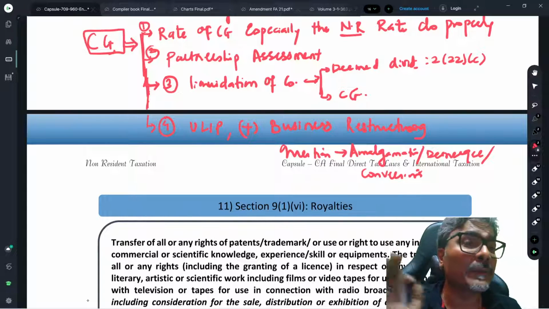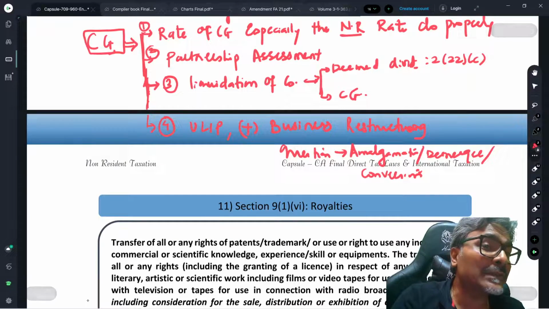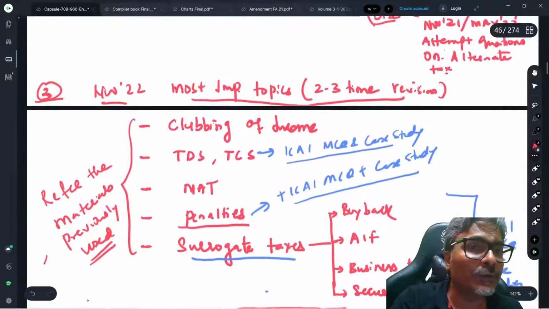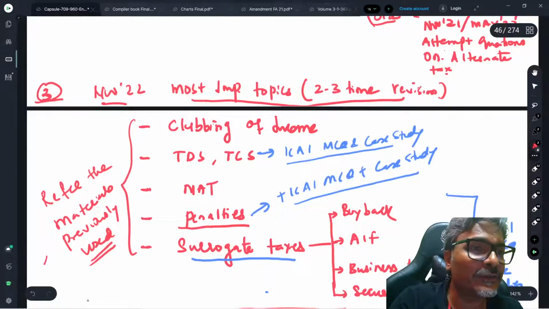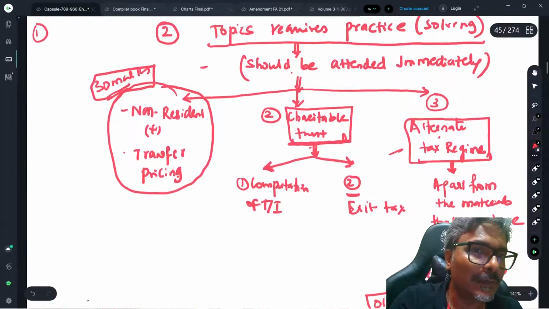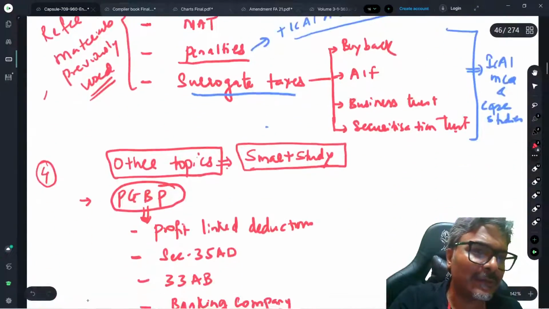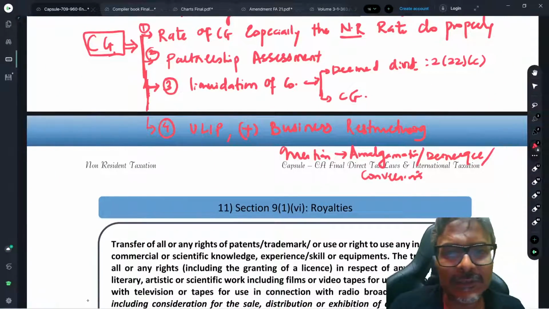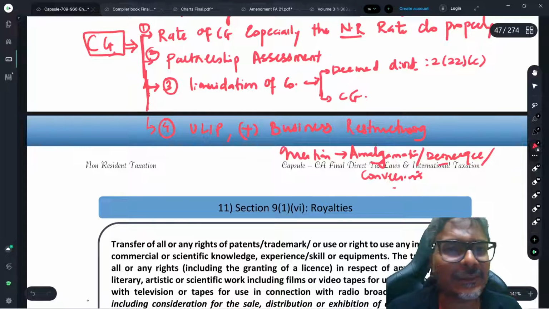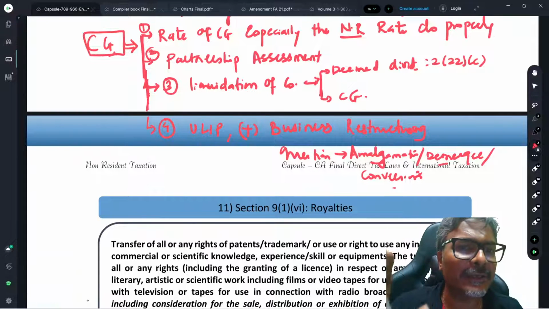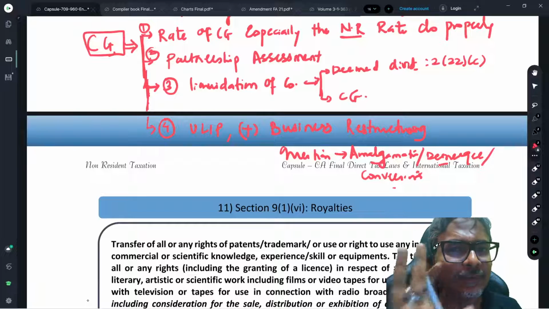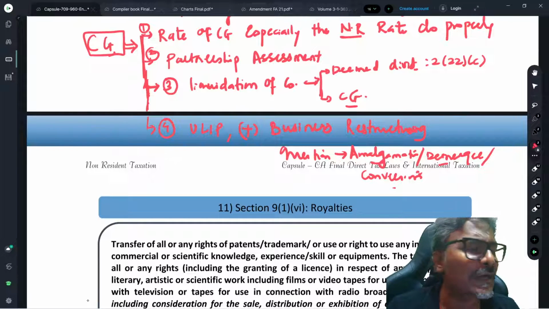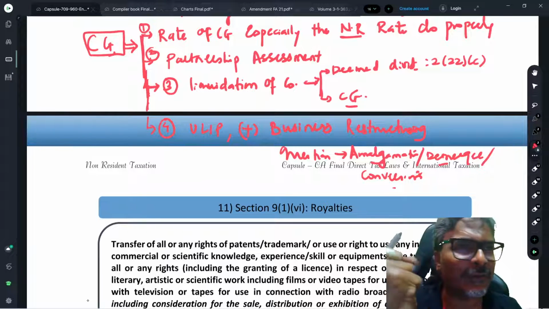That is the requirement. Solving category, students, I have already told you. The solving category I have already defined. What are the topics that you need to solve without fail? Which is point number 2. Yes, Shuddhadev, that FMV part, as you are suggesting, perfectly well said. So students, have you all written this? Amalgamation, demerger, conversion. This completes your capital gains. You need to do this particular area thoroughly, students.